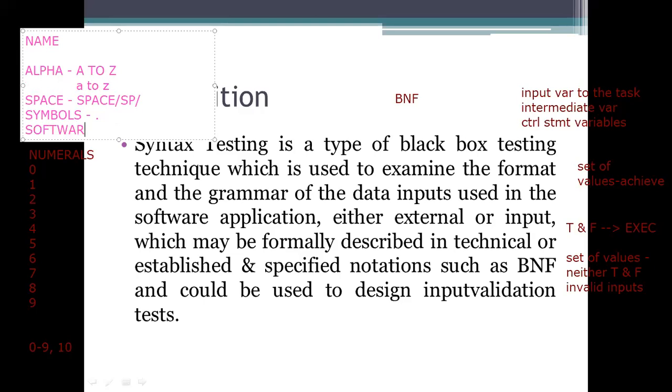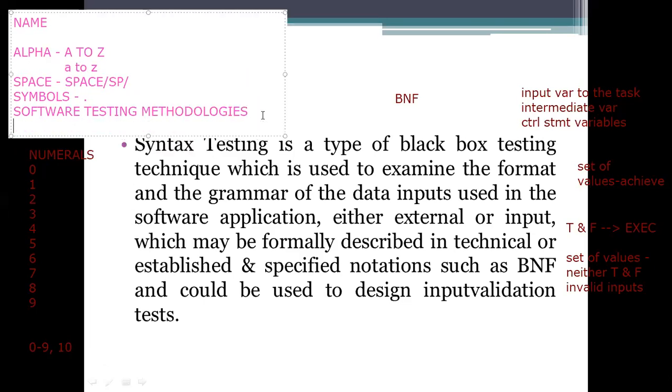I'm writing a word which is a textbook, or a course name, Software Testing Methodologies. It's not compulsory that all the people will like that format.